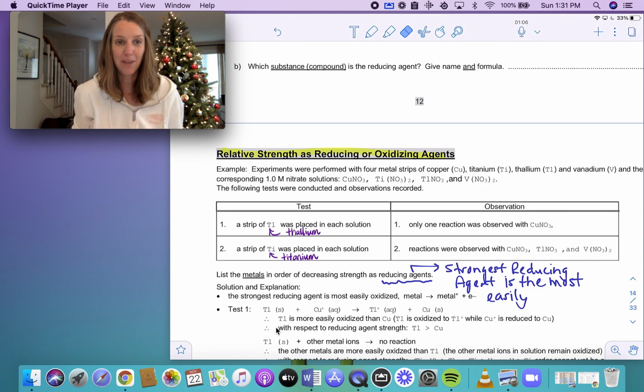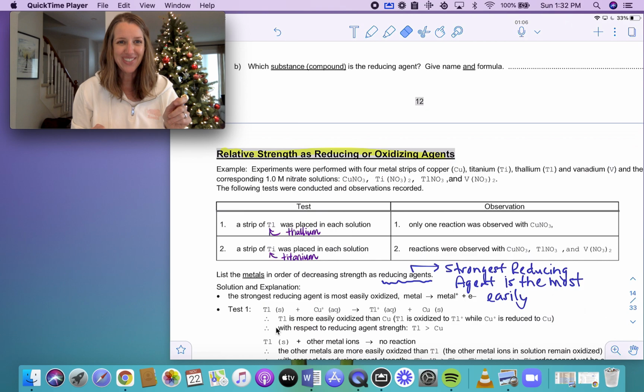Grade 12s, welcome back. What we're going to do now is, hopefully you're still working with your lab partner, and I'd like you to work through pages 13 and 14. It just joins with the concepts that you've already finished up in the assignment, and now we're going to look again at some more mystery type problems where you're looking at relative strength as a reducing or an oxidizing agent. If you can't remember what those definitions are, look back from 2 days ago,